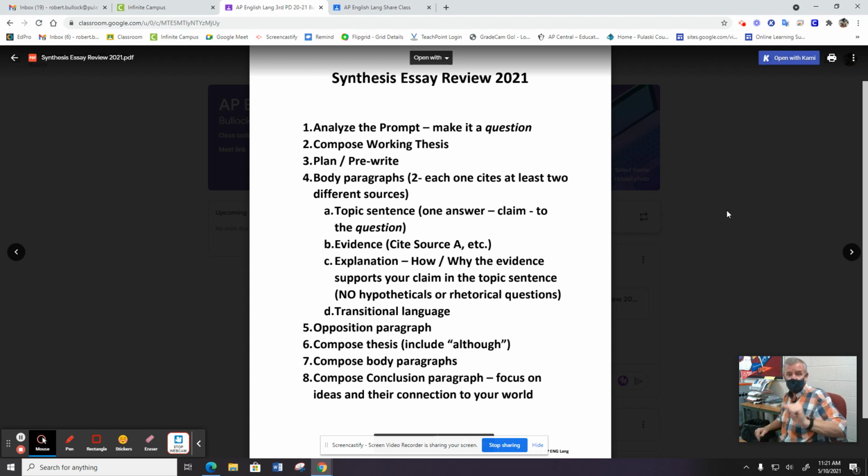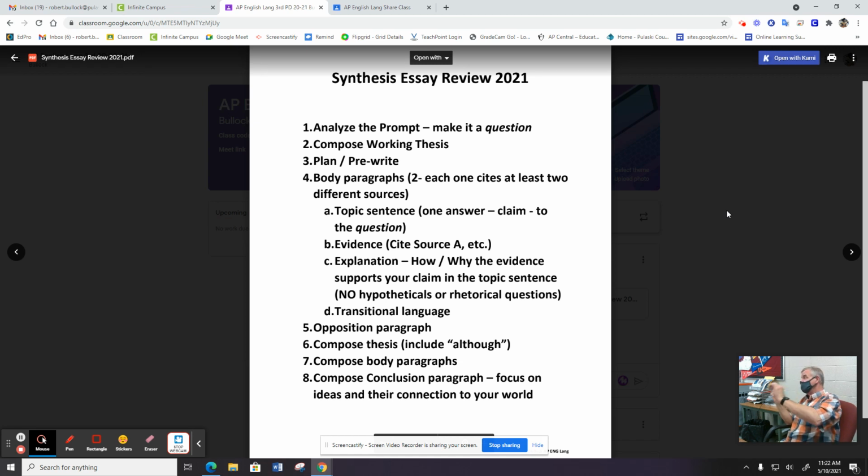Right. Now, how much time should you use planning and pre-writing? Okay, you're going to use probably 20 minutes or more. Now, when you're given the test, you'll do the multiple choice first, then you take a little break, and then you get the essays, and you got to break the seal. Y'all know that. Y'all take a nap. So when you actually start on this one, you will have 2 hours and 15 minutes.